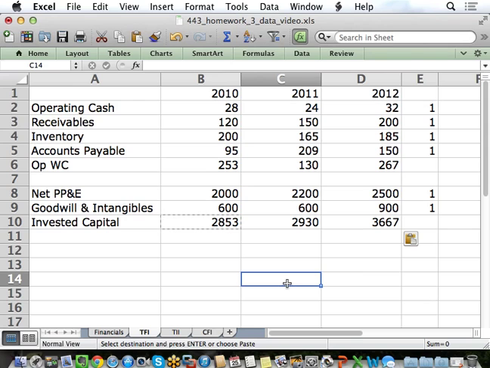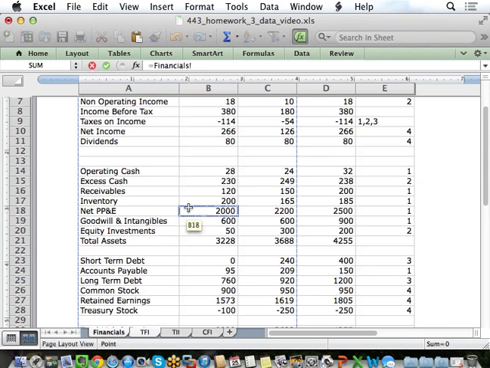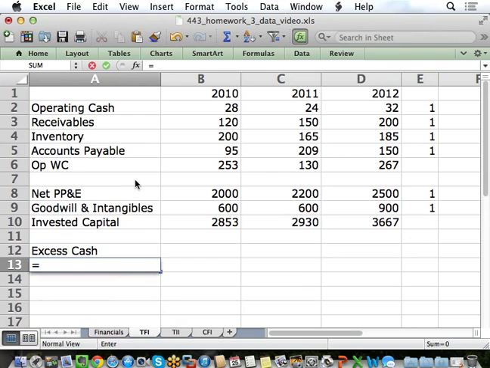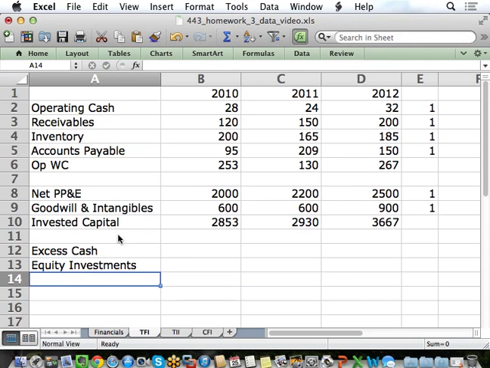Now, I want to then add in anything that's non-operating. So anything that's a 2, in this case excess cash, anything else that's a 2, equity investments, and as I said, if I had any non-operating liabilities, I would subtract those out just as I added in the non-operating assets. Again, in this assignment, I didn't have any. On your next assignment, you will have non-operating assets. So make sure you net those out. Sorry, non-operating liabilities. Make sure you net those out against the non-operating assets to get a net investment in the